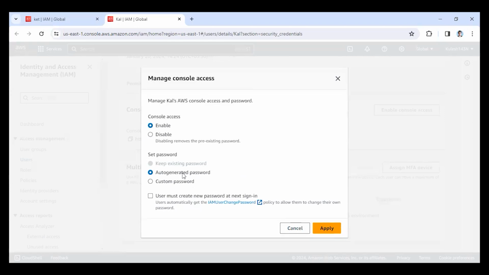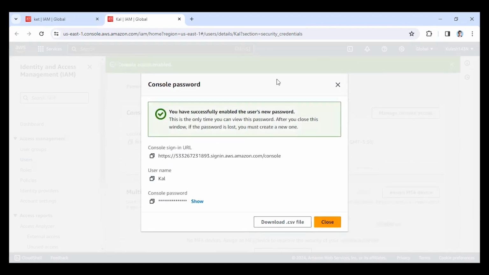and we can set our password as auto-generated password in here, or custom password where we can type our own unique password, or we can use auto-generated password here and say apply. So a console password was applied for our username Cal. Console password can be shown by pressing on this, and we can even hide it. Let's copy our password by clicking on these squares here, and we'll copy this and hide again. And one thing before that, we can copy our console sign-in URL from here,